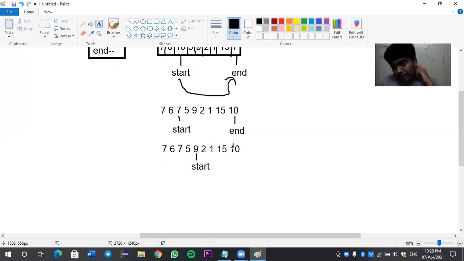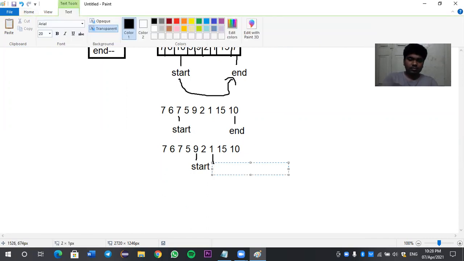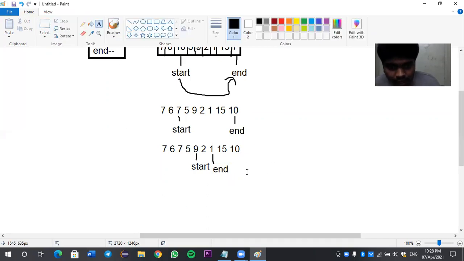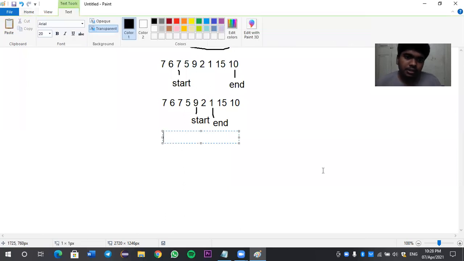So start will just stop at 9 and then end looks for less than or equal to pivot. So 10 is not less than or equal to pivot. So decrement. 15 is not less than or equal to 7. So decrement. 1 is less than or equal to 7 is true. So end value will be here, and now we are going to just perform a very basic swapping